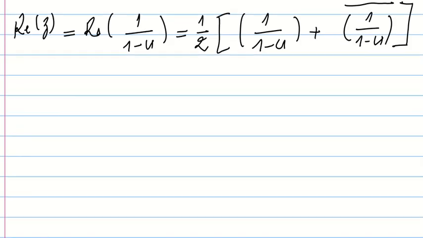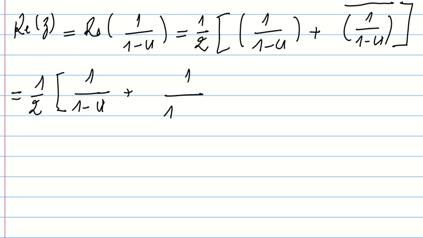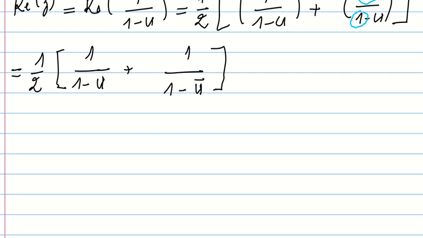Which is equal to half of 1 over 1 minus u plus 1 over 1 minus the conjugate of u, because here we have reals. The conjugate of a real is itself. This on one hand, if we call this equation big one, we have, on the other hand,